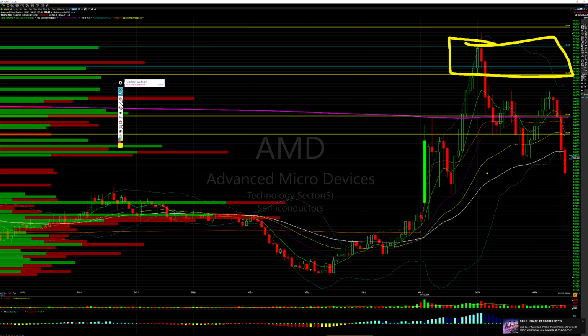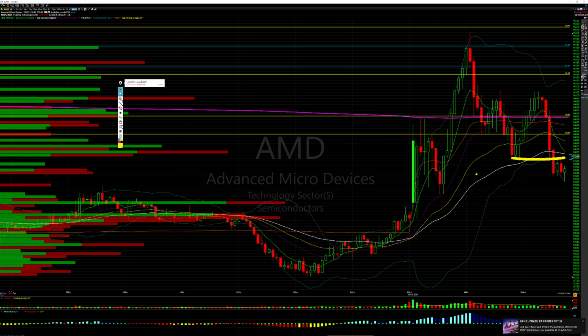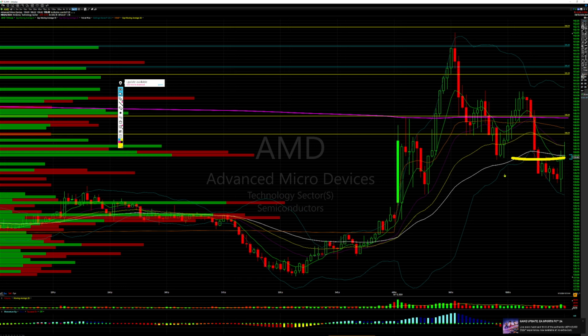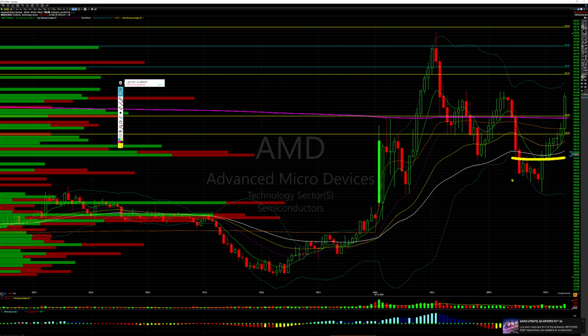So now the option is the same idea. Is it going to be an inverted head and shoulders? Is it going to be a double bottom? And you just repeat this over and over again. Is it going to be a failed breakdown? I have no idea. But for me, I'm not bullish. I'm not getting in this, right? So let's just let it play out. I wouldn't be shorting or longing any of this. It would just be a wait and see. Okay. Maybe it is going to be